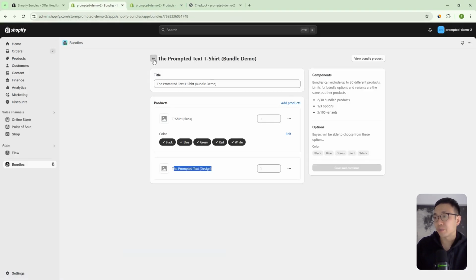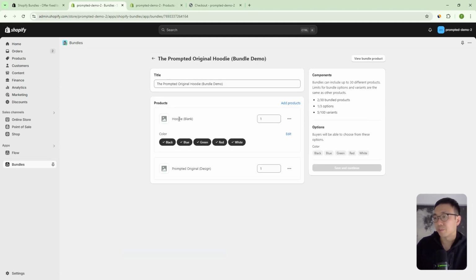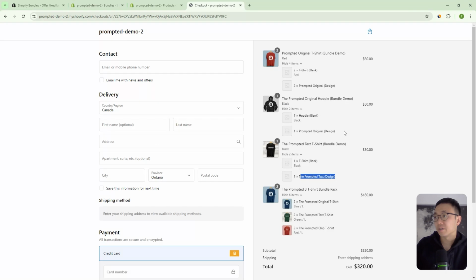And then the third example here is the hoodie. In this case, we have a different blank, but then we have the same design, right? And so that's this one that we have right here. So you have these 3 different bundle products, but they're all made of the same source, like base products, right? So you've got the blank t-shirt showing up here and here. And that means that if you buy this bundle or you buy this bundle, it actually takes from the same t-shirt inventory, right? So if it sells out of the t-shirt here, then you actually can't buy this one either,